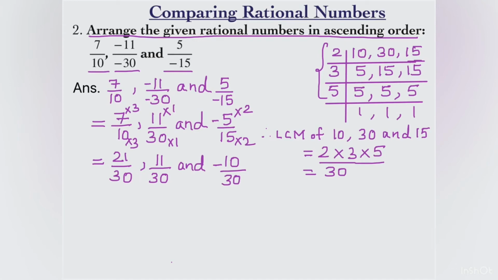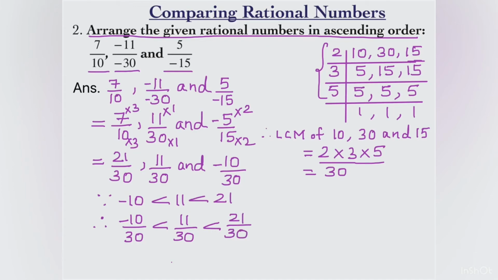That is from small to big. Let's first compare the numerators of these rational numbers. Since minus 10 is less than 11 is less than 21, therefore minus 10 by 30 is less than 11 by 30 is less than 21 by 30. This implies that